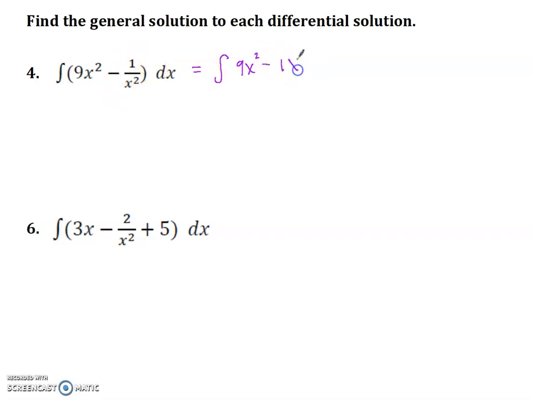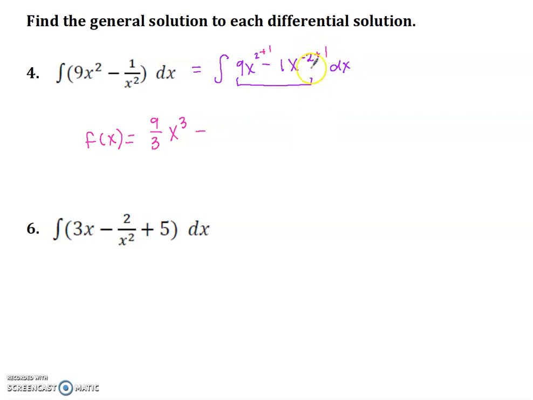So you're just going to leave the coefficient, you're going to move the x up and make the exponent negative. And then again, this dx doesn't do anything. It just means this is the derivative. So to integrate it, add 1 to the exponent. So our regular equation here is going to be f of x equals 9 divided by, that new exponent is going to be 3. So this will be 9/3 times x cubed,